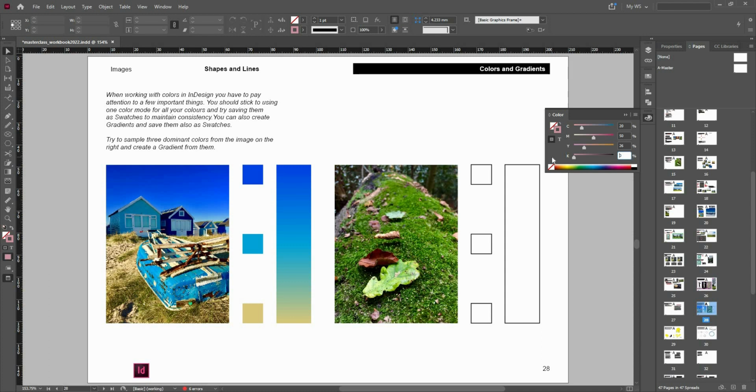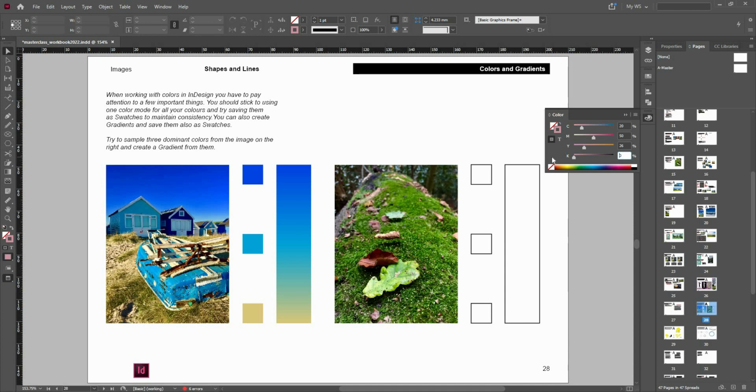So these are the percentages of each of these inks, which we call process colors, and they are standard printer colors. So if I want this new color to be added as a swatch,